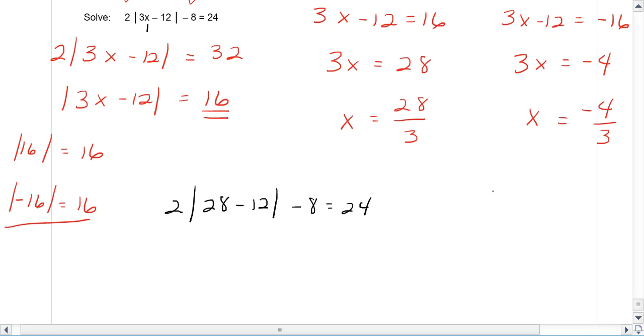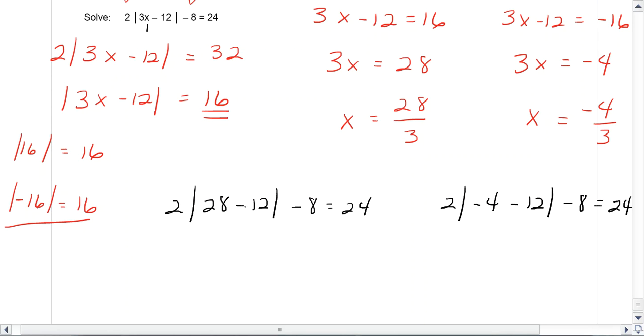And likewise with the -4/3, I'm going to go ahead and multiply it by 3, so I can check 2 times the absolute value of -4 minus 12 minus 8. Does that equal 24? And so doing the math here for both of these,